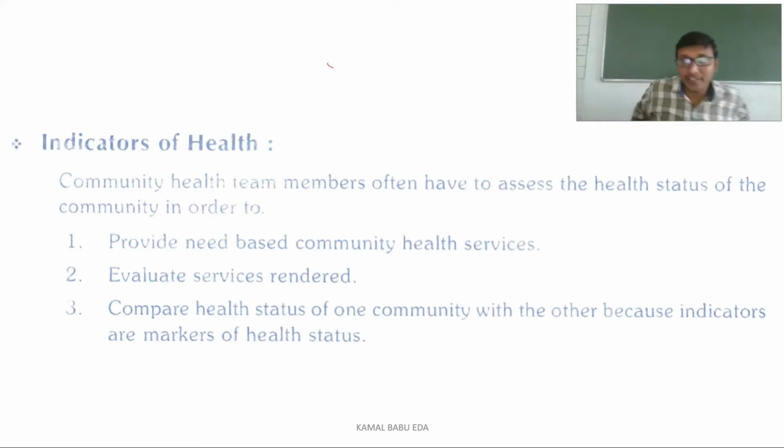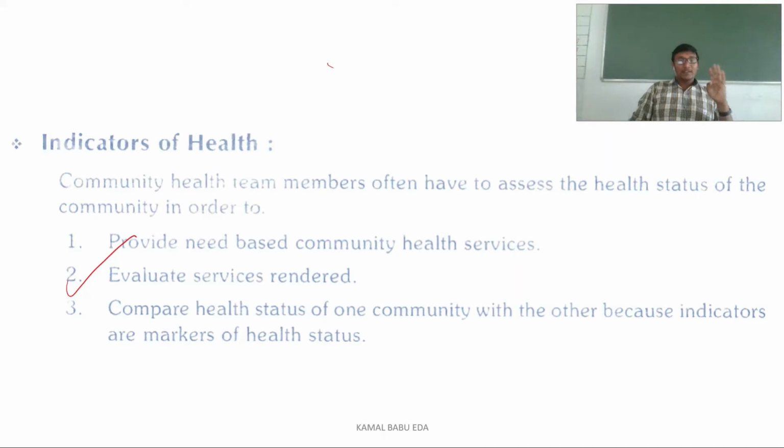If you do not know, for example, if you take a certain area and the area is having severe dengue fever cases, so you have an indicator that there is a rise in mortality and morbidity in a particular region. So you have gone there, you have seen what is the disease causing agent, and you started giving community health service, and next to evaluate the services that were rendered. So if you want to know whether the services that are given to the person are useful or not, whether they are according to the need or not, you should evaluate. So whenever you are evaluating, you need the indicators of health.